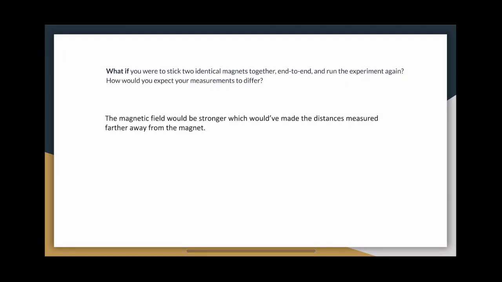If I had two magnets stuck together, then the magnetic field would be twice as large at the same given location. The distances would have been way bigger for the same magnetic fields,